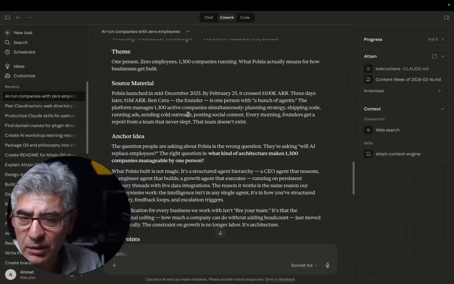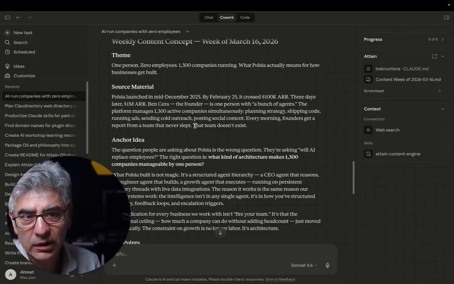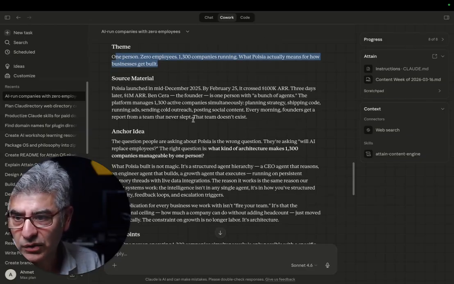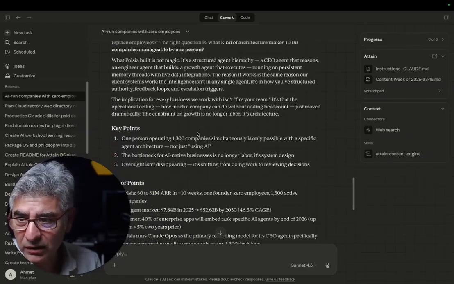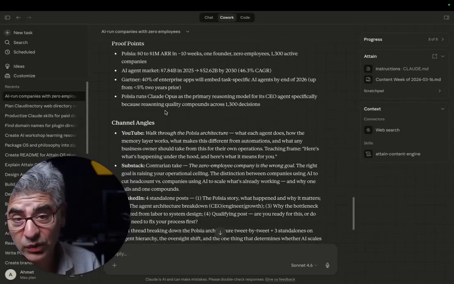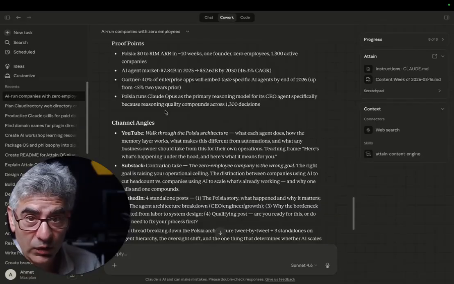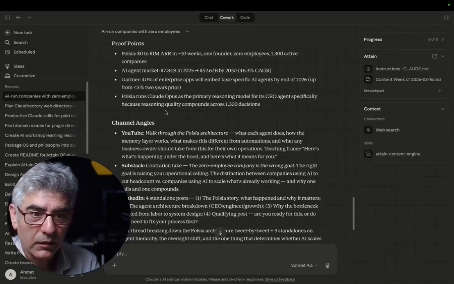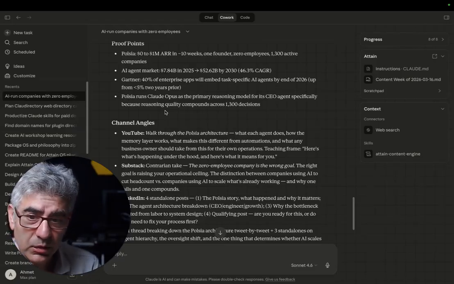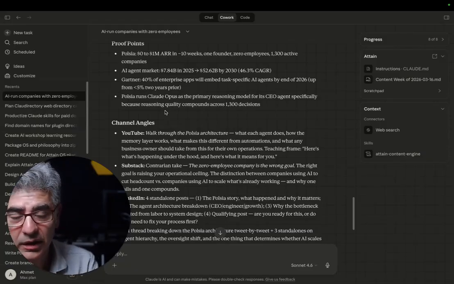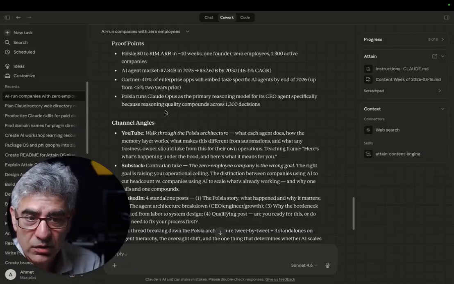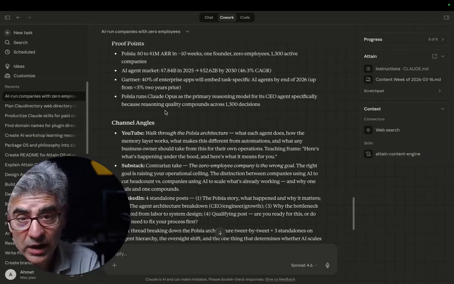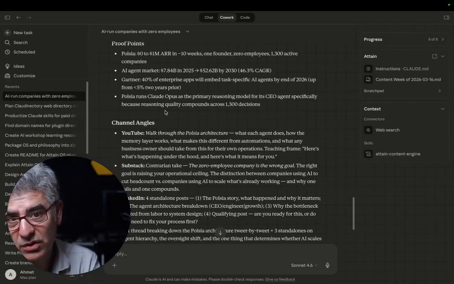So here's the content, and before it actually writes out the content, it will write out the concept of the piece. So it's got a theme. It found some source material. It presents some other angles, some key points. It'll provide some sources, and it will actually go and check and validate those sources. So I have an agent attached to this. That's a different skill, which the content engine triggers. You just don't see it here yet. It will go and validate those links, make sure that those links actually exist, and make sure that the content in those links actually says what the content engine pulled out.